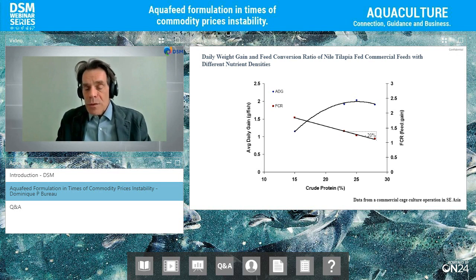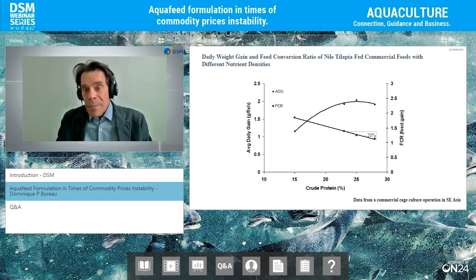And we used different feeds that were manufactured by the company. They had different feed grades, which they were expressing as protein content, but the nutritional composition changed between the feeds. And you can see that the top 3 feeds there gave equal growth performance under the condition in which the tilapia were reared in that environment. The difference between the feeds was not in terms of growth rate, it was in terms of FCR. You needed more of a lower quality feed than of a higher quality feed.